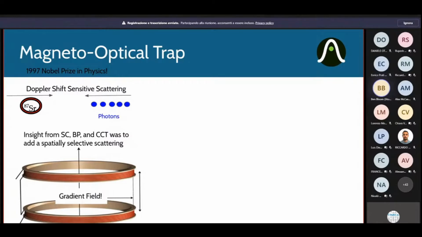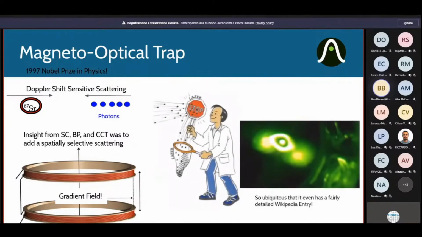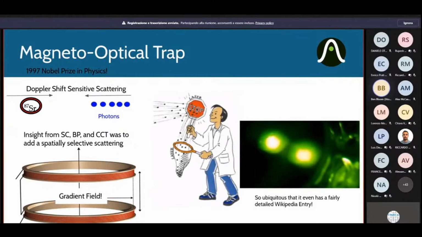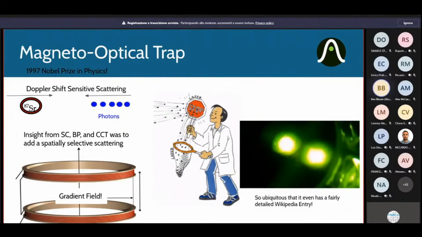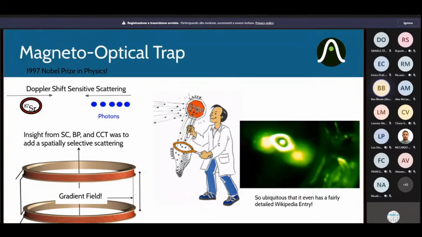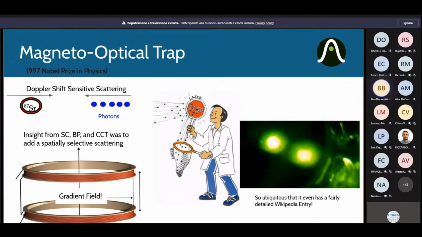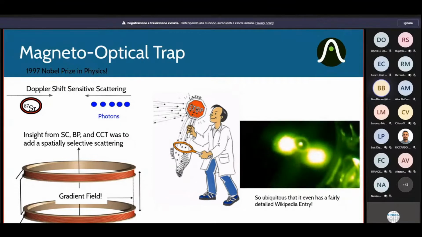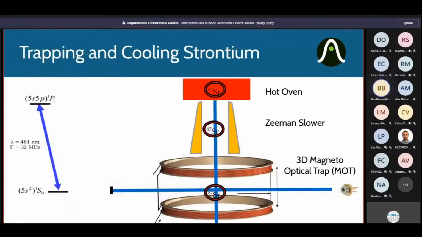What the winners of the Nobel Prize realized is if you could actually create a spatially selective version of this scattering, you could actually trap the atoms, and you can create even like cool patterns and stuff like that. But you're able to actually create reservoirs now at the microkelvin temperature with millions of atoms. And this is really a great place to start. It's almost like we're building our fabrication facility for our qubits, and it's actually just a cloud that's only about a millimeter or so large, but you start off with millions of your qubits that are ready to get picked up and placed in your quantum computer.